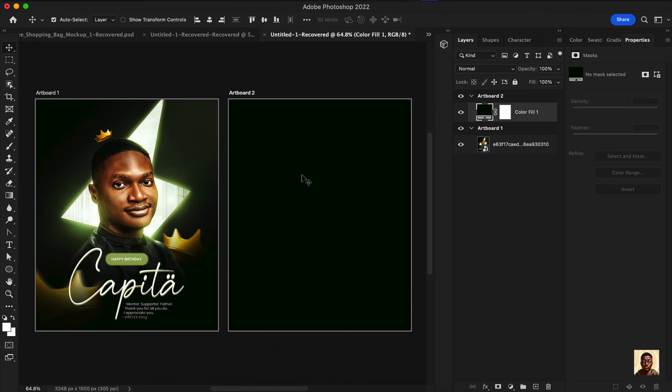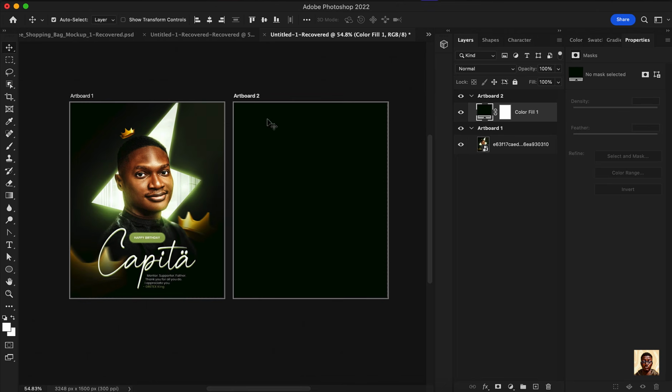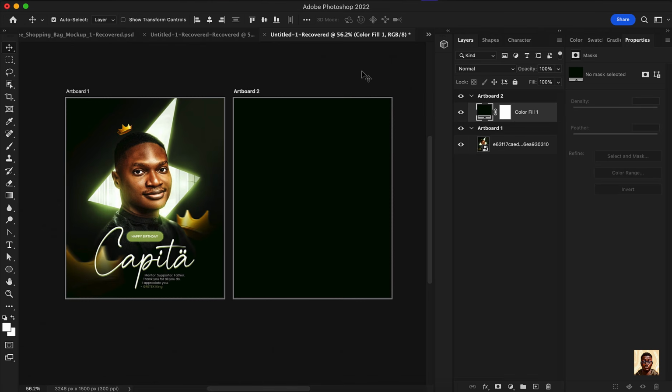Now, the next thing I want to do is start from the foundation. That's just how you build a house, right? You start from the foundation. So the next thing I like to do is the light source. I would like to get a light source because you can see on the flyer you have a light source. So to get this done, one thing you can do is